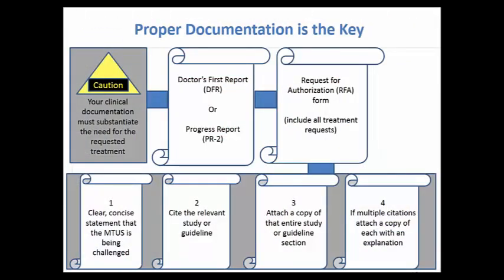To successfully challenge a recommendation found in the MTUS guidelines, treating physicians must cite recommendations supported with a higher level of evidence than that contained in the guidelines found in the MTUS. If you believe recommendations you found outside of the MTUS guidelines meet this criteria, then you must provide, first, a clear, concise statement in the RFA that the MTUS's presumption of correctness is being challenged. Number two, a citation to the guideline or study containing the recommendation you believe guides the proper medical treatment.